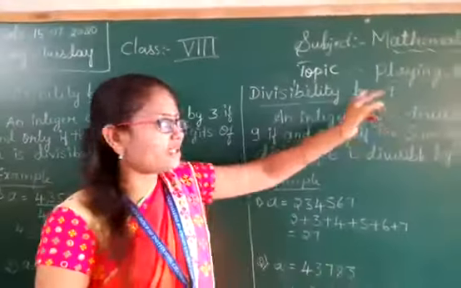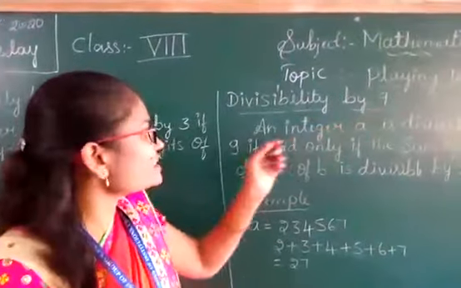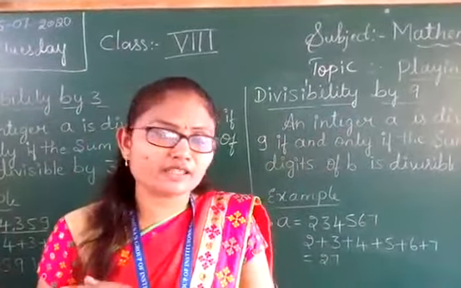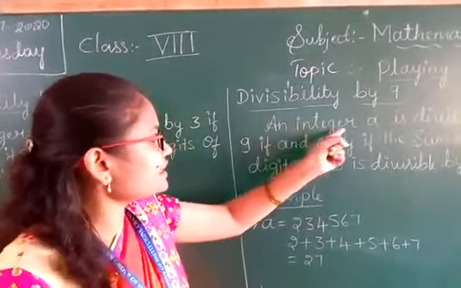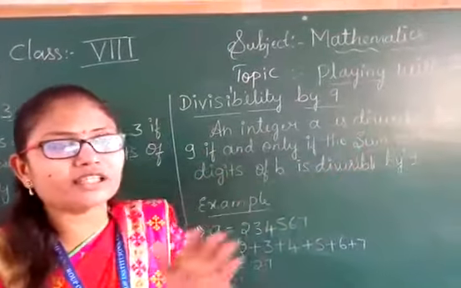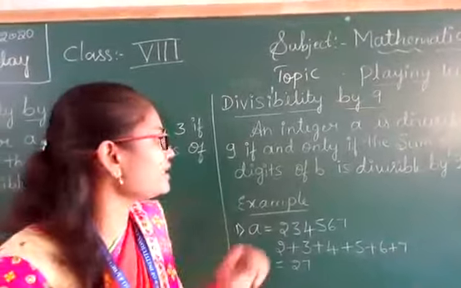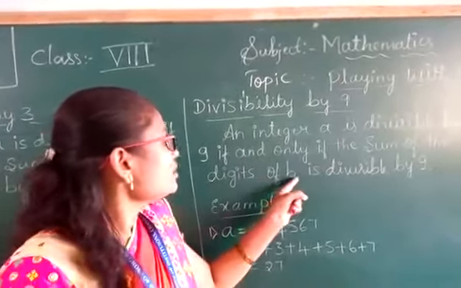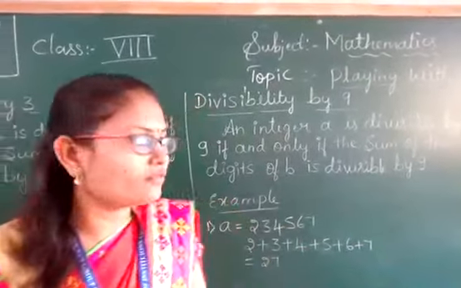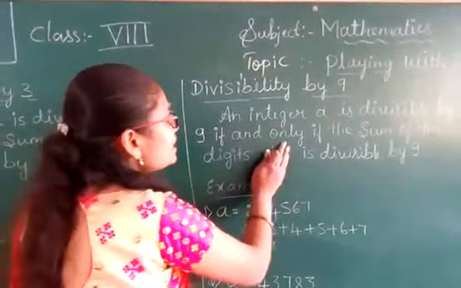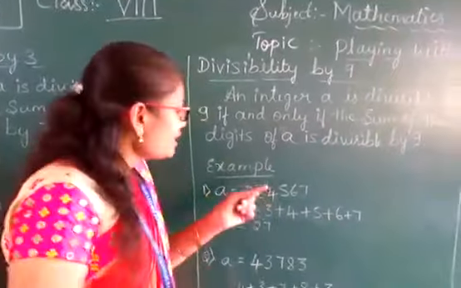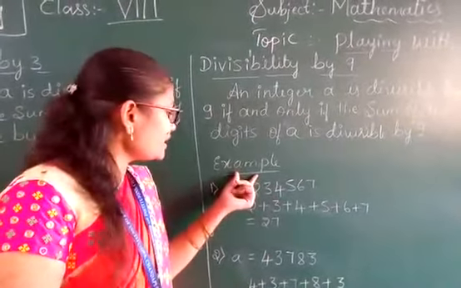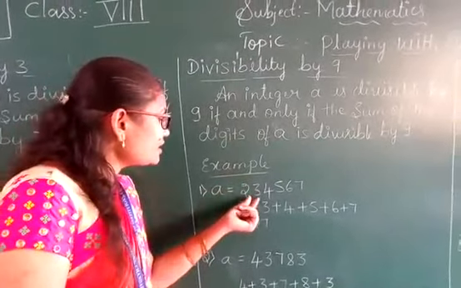In the same manner, next we go to divisibility by 9. Divisibility by 9 is the same as divisibility by 3. Here also, an integer a is divisible by 9 if and only if the sum of the digits of a is divisible by 9. If you consider one example, the number a I take here is